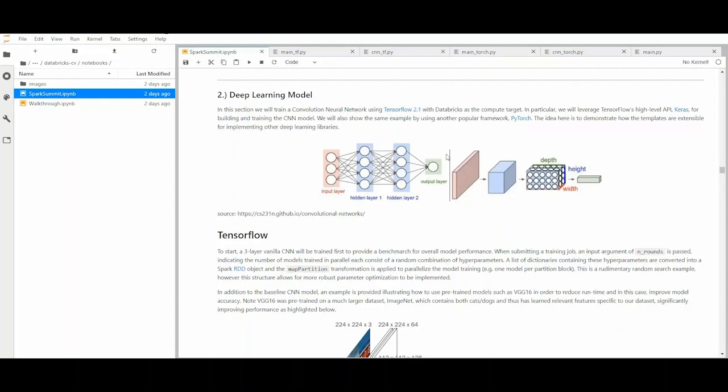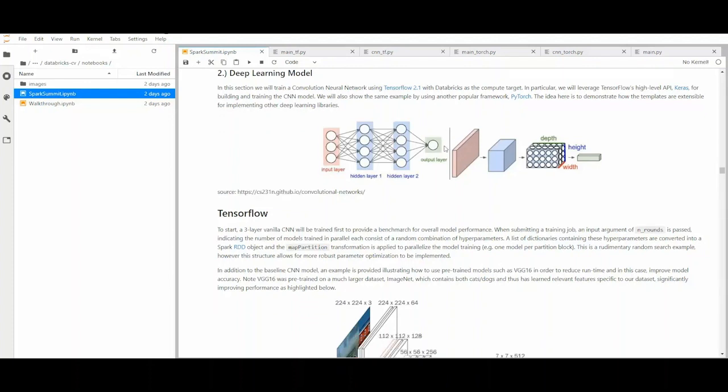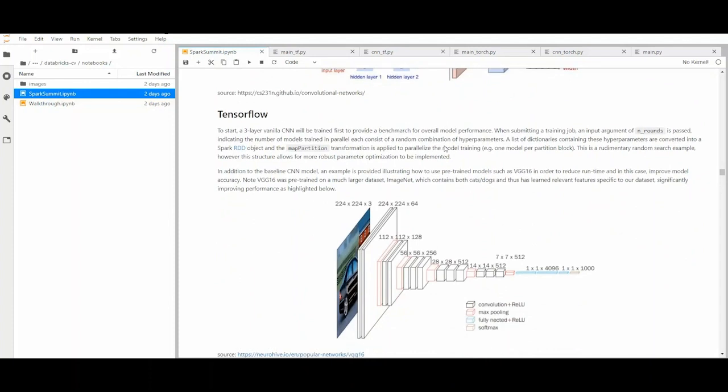In this section, we are training multiple deep learning models to test our platform and our pipeline. In this part, we have used TensorFlow, specifically with the high-level API Keras, and we have also used PyTorch. The main idea here is to demonstrate that our template can be extensible for implementing other deep learning libraries, and we can employ different libraries and run and train different models and use Databricks as a cluster to train these models. For the TensorFlow part, we have used first a 3-layer vanilla CNN,